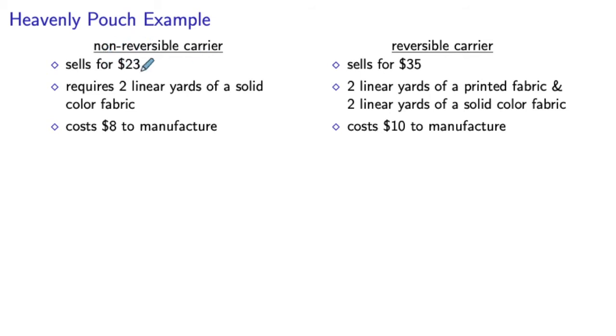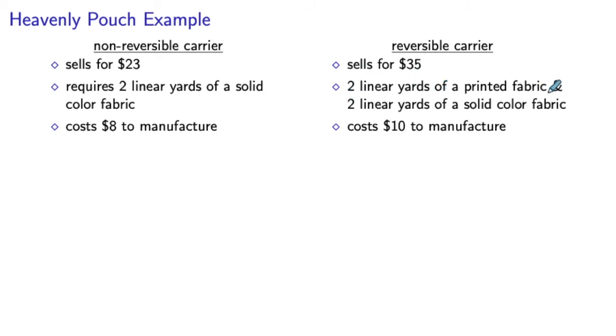For the non-reversible carrier, we have the following information. One non-reversible carrier sells for $23. It requires 2 linear yards of a solid color fabric to manufacture, and it costs $8 to make one of these carriers. Alright, similar data for the reversible carrier are it sells for $35, and it requires 2 linear yards